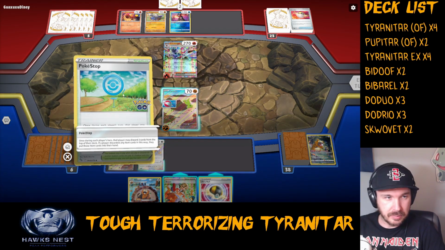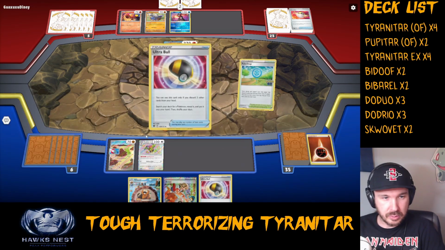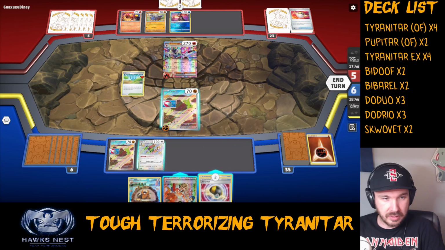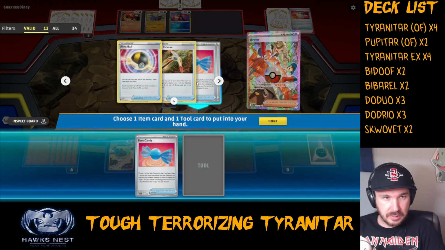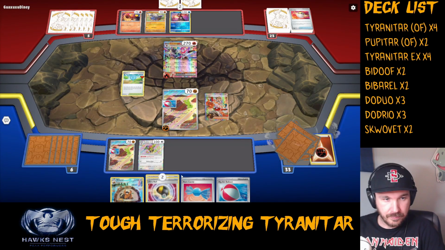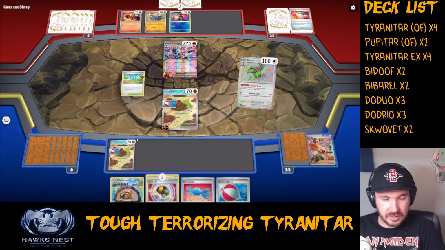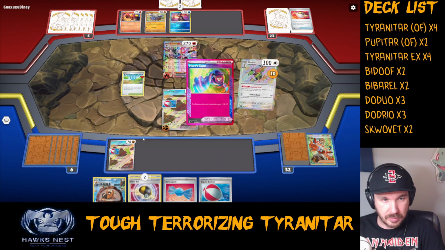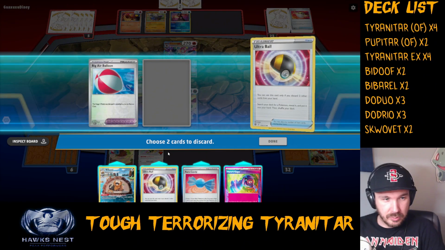Let me see what I get with the Poke Stop. All right, we got an Ultra Ball again. Not really gonna help me. I would like a Rare Candy. And do I have a tool? I still have another Air Balloon. I'll get rid of that one. Go ahead and Zoom draw to see if maybe it would be better to discard that over a second Ultra Ball. No, I got a Hero's Cape. Definitely don't want to discard that. We'll get rid of...